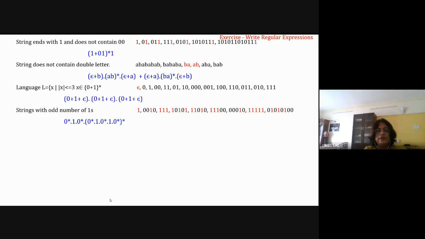Okay, so we can stop here now because the time is over. I'll post this PDF or PowerPoint presentation, my lecture notes, in the classroom today. Once you go through it, in the next lecture we will see some more regular expressions, and then we will take one problem of writing a regular expression, finding the NFA, converting it to a DFA, and minimizing. So we'll do that, and then this topic will be over.